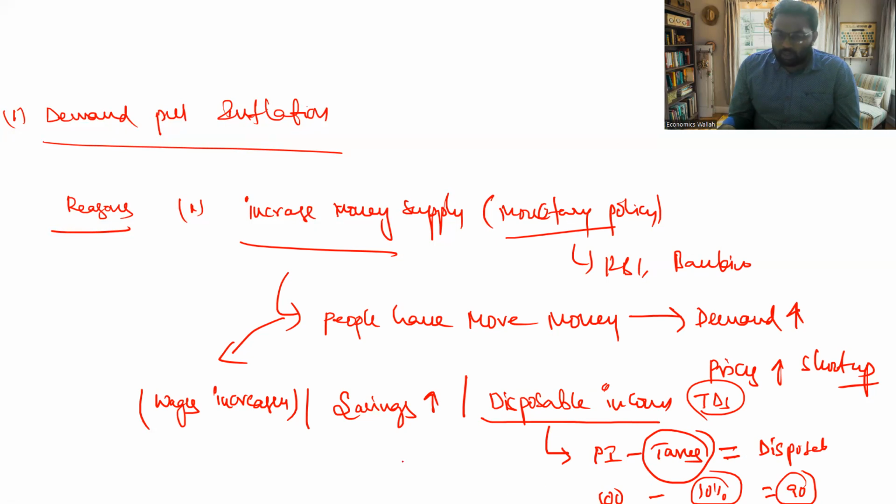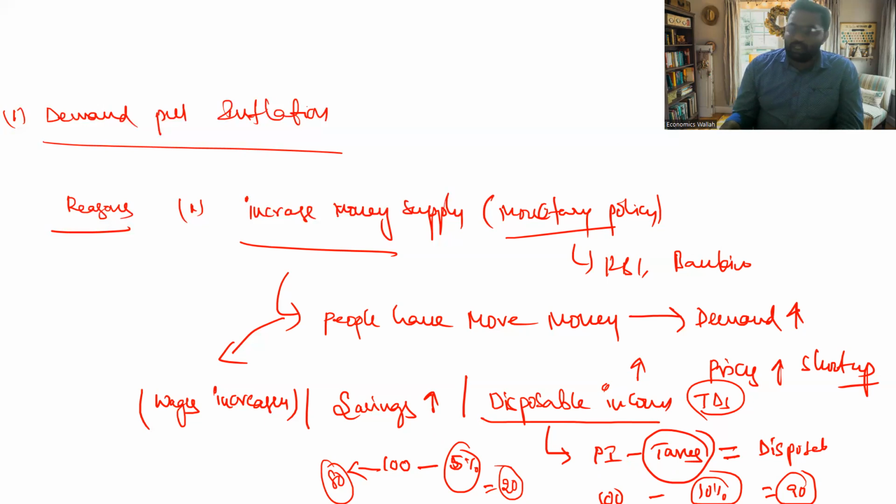Let's take another example. Let's say personal income is 100 rupees and the government tax slab is 5% only. So 5% of 100 is 5. So whatever money remains, there is a disposable income variable that is also present in the taxation system. According to this available disposable income, you may demand some products and services. That's why an increase in money supply is also one of the reasons for demand-pull inflation.